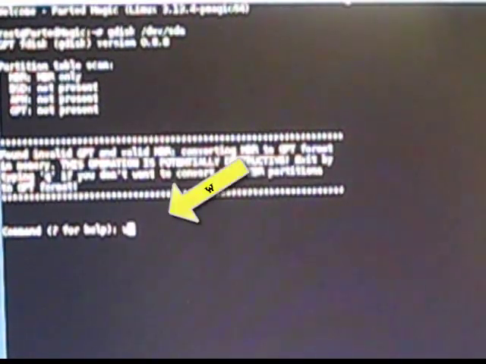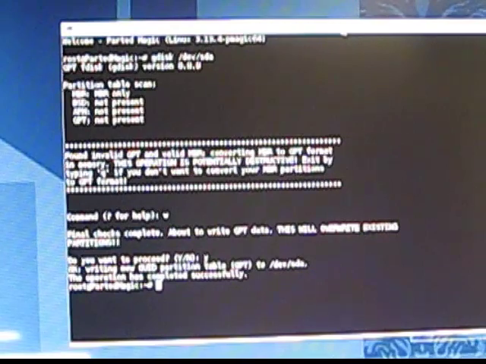Okay, so the next commands that we're going to start doing is basically we're going to use the w command. We type w, enter. It says about to write GPT data. It'll overwrite anything existing, and then you hit y, basically for yes. Okay, writing. Now that the partition table is GPT, which it says there that it is,